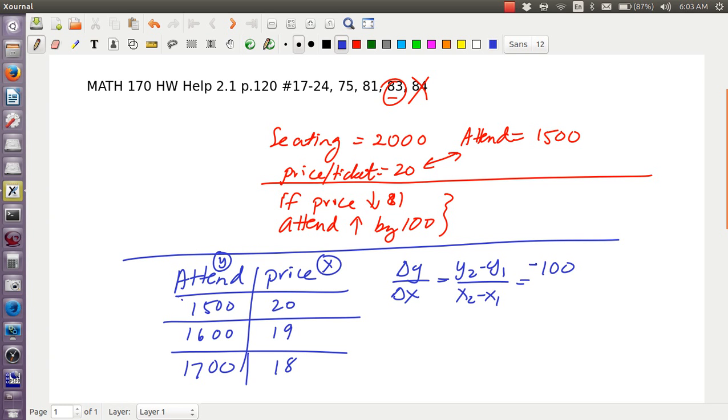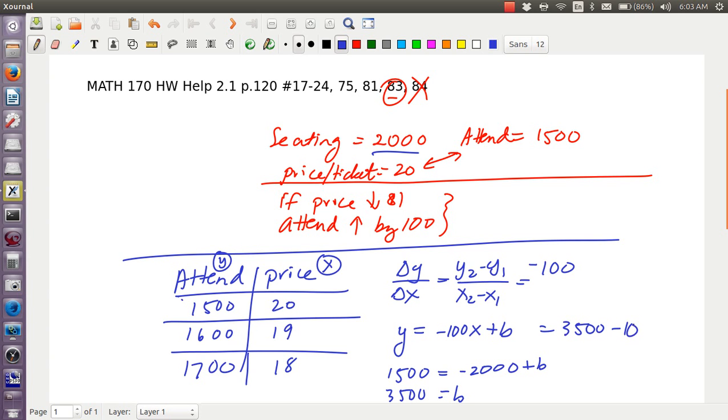And then we want to find this equation. Y is equal to mx plus b. We don't know what b is. We're going to actually solve for an important physical quantity. So in this case, y is 1,500 is equal to minus 100 times 20, which is minus 2,000. That's some seating happening. Okay, so we have 3,500 equals b, so